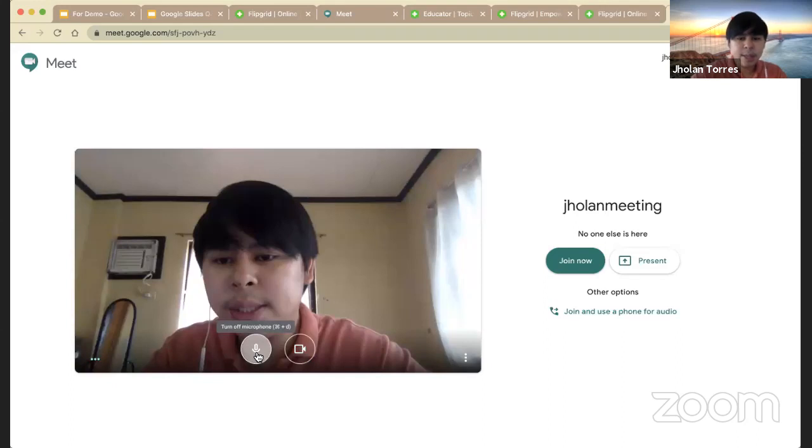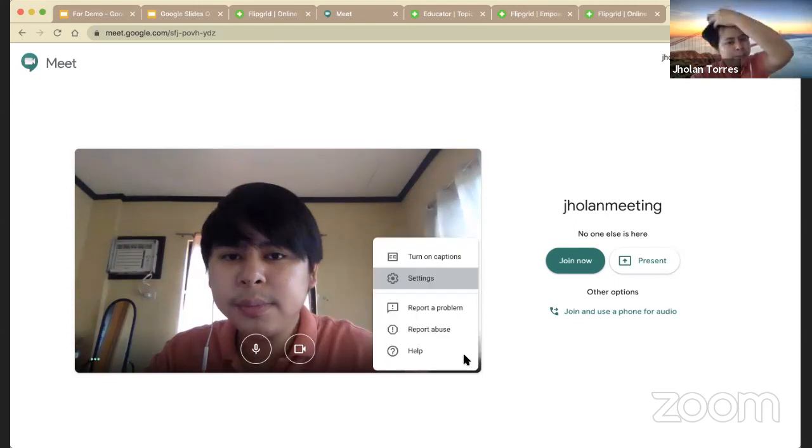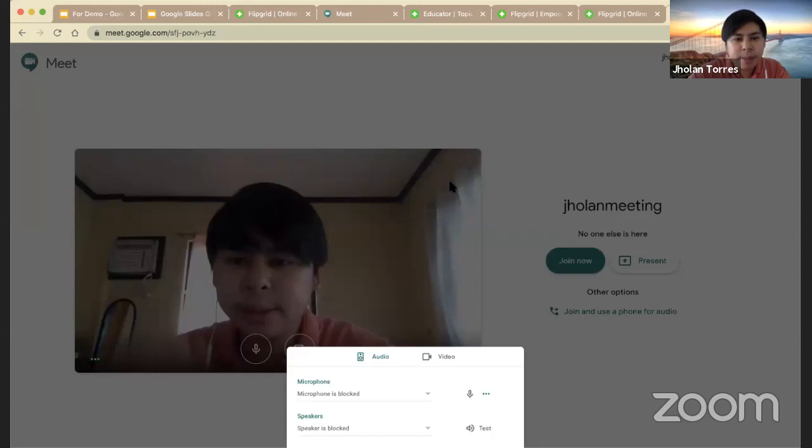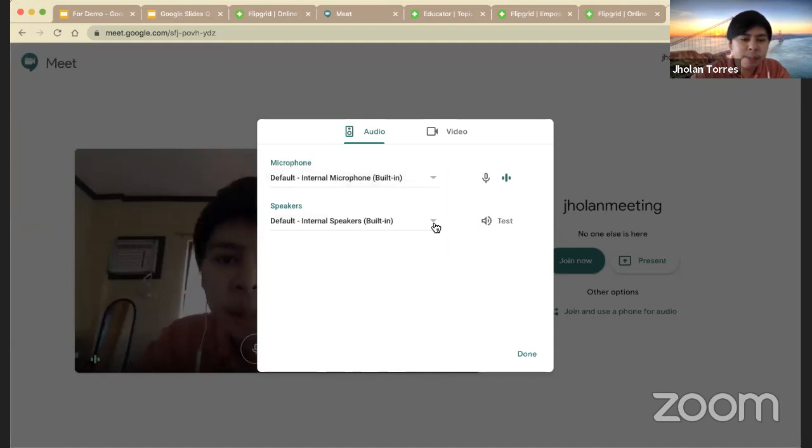Okay, then you have here the three dots. That's for more options. And just for you to check the setup of your microphone and speakers. For example, if you want to use an external microphone, just select it from here. Then if you want to have an external speaker, just click the drop down arrow, then you can now select it.